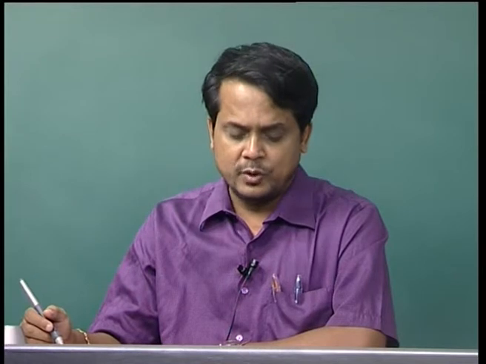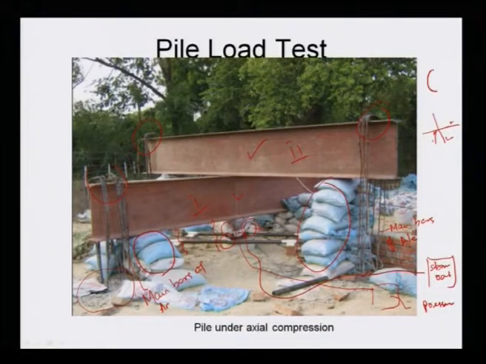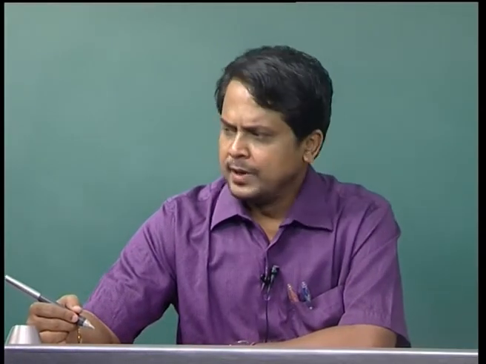Then each load increment you apply, 10 ton per meter square or 10 kg per cm square. You maintain that pressure so that you observe how much your dial reading is. Initially you are continuously taking the dial reading. After a certain time you will find that the dial reading will be like 0.02 or maybe 0.01 mm per hour. Remember, the moment you start this pile load test, you cannot stop at any time in between, it will be a continuous process.